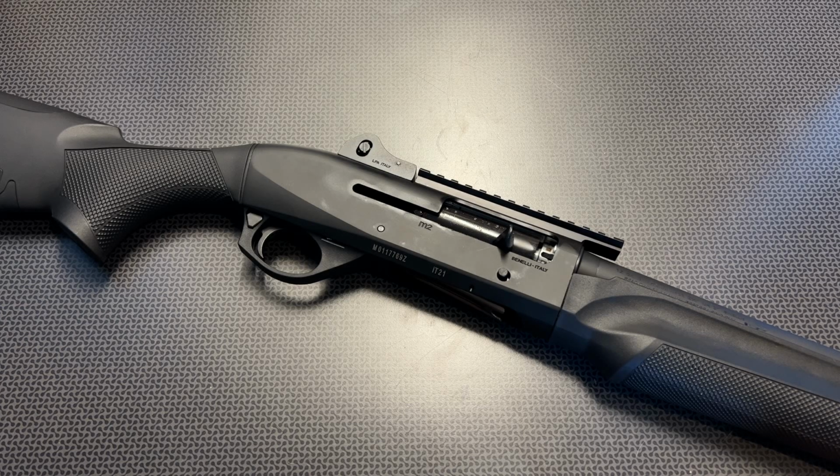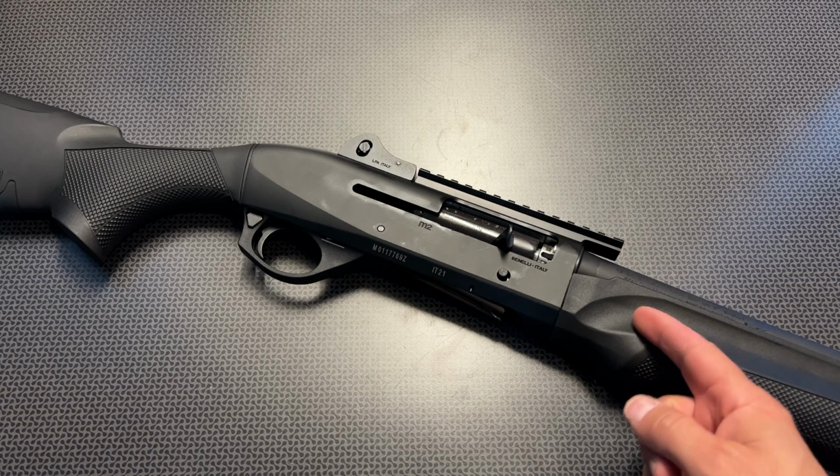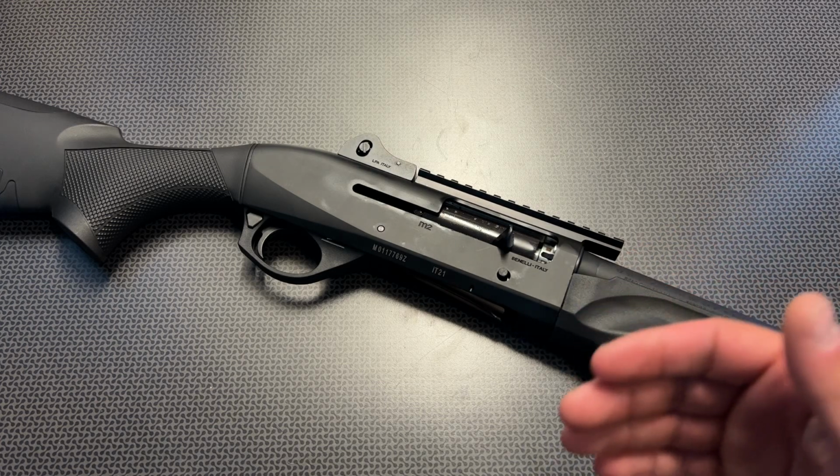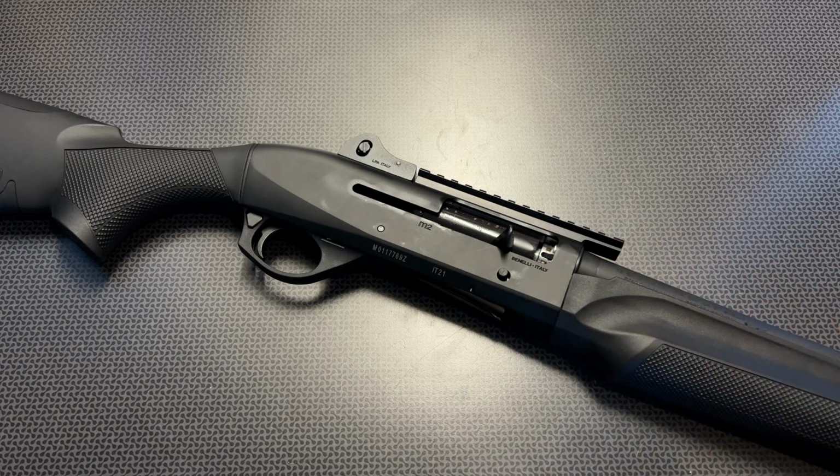Because it's an inertia-driven system, it runs a little bit slower. In fact, the Berettas, the 1301s, run faster than this, and since the Benelli M4 is a gas-driven system, they cycle faster than this. So when I searched the forums, I found a lot of 3-gun competitors were outrunning their Benelli M2s on a stationary target, meaning you have to hit 3 shots on a target, you pull the trigger as fast as you can. A lot of competitive and experienced shooters can outrun a Benelli M2,